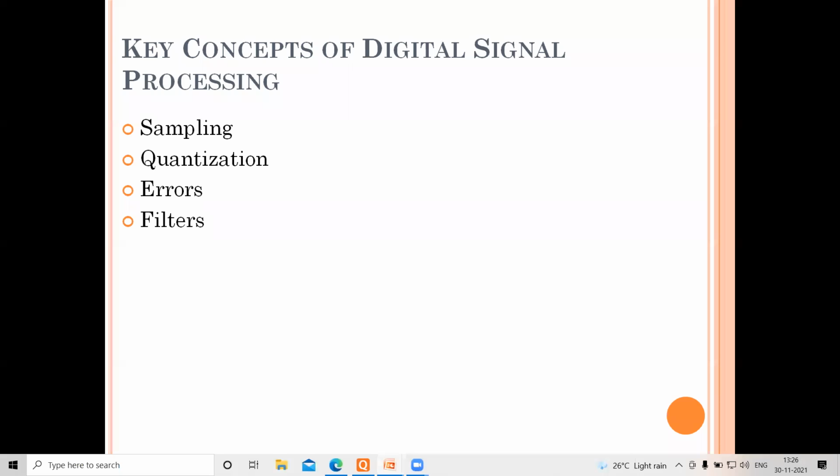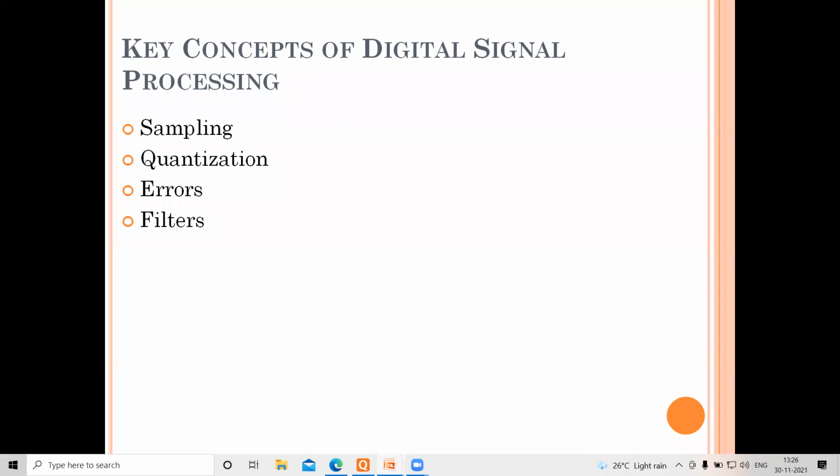Have you heard of a pre-alias low-pass filter? Using a band stop filter. Sorry, not band stop, you'll have to use a low-pass filter, because noise is a very small value. Use a low-pass filter, then subject your signal to sampling. Ensure that Fs is greater than 2 times Fm.